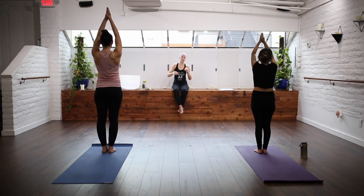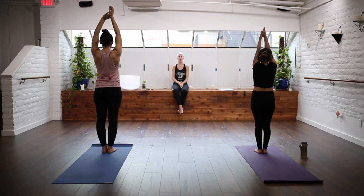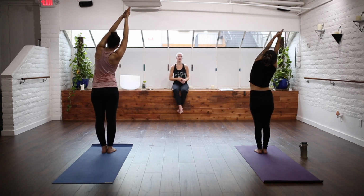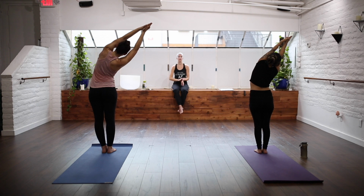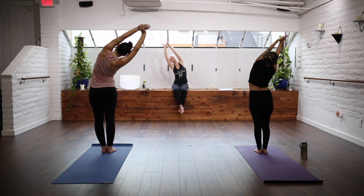We're going to do some side bending, so you can keep your hands like this. Maybe you interlace your fingers and just leave your index fingers out. And you can also grab opposite wrists. So find an inhale here, get long. As you exhale, bend over towards your right side to stretch your left side body. So if you're grabbing your wrist here, you would grab your left wrist to stretch open through your left side